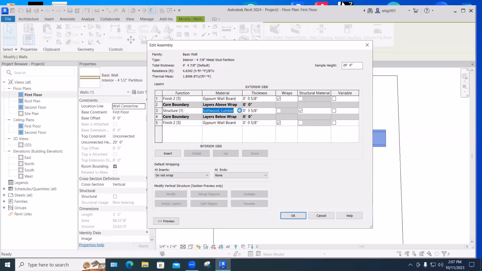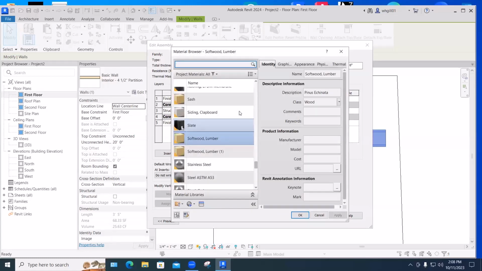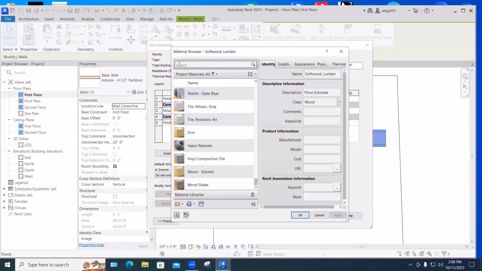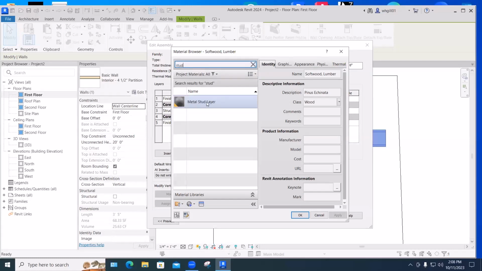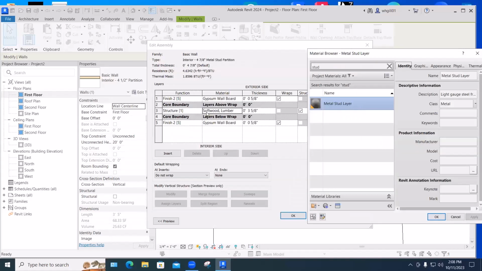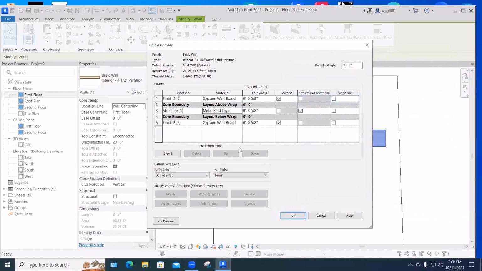So we click here, and we get these 3 little dots, which will take us to Revit's materials browser, which is full of materials, and there are many more down here. But if we just type stud in the search box, it'll bring up metal stud layer. So we're going to replace softwood lumber with metal stud. So I'll say okay. Now we have chipboard 5/8, metal stud 3 5/8, chipboard 5/8, adds up to 4 7/8. We can say okay,